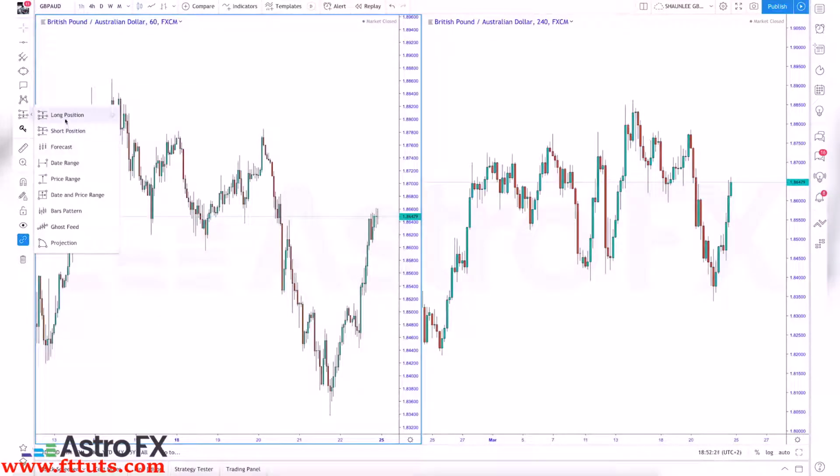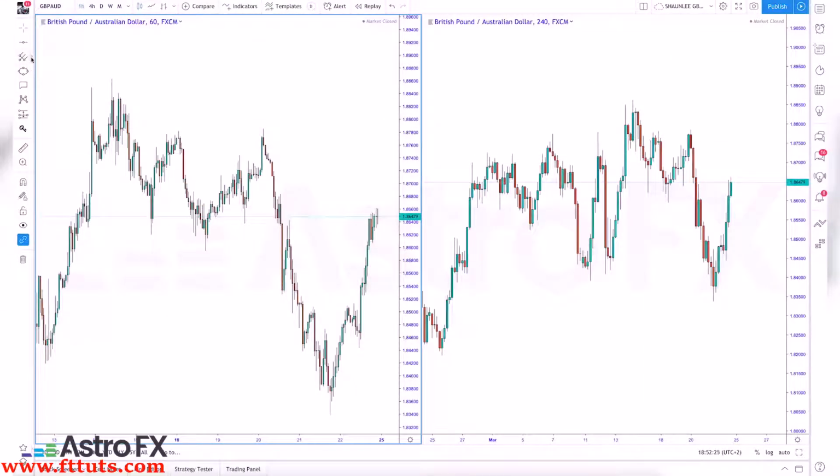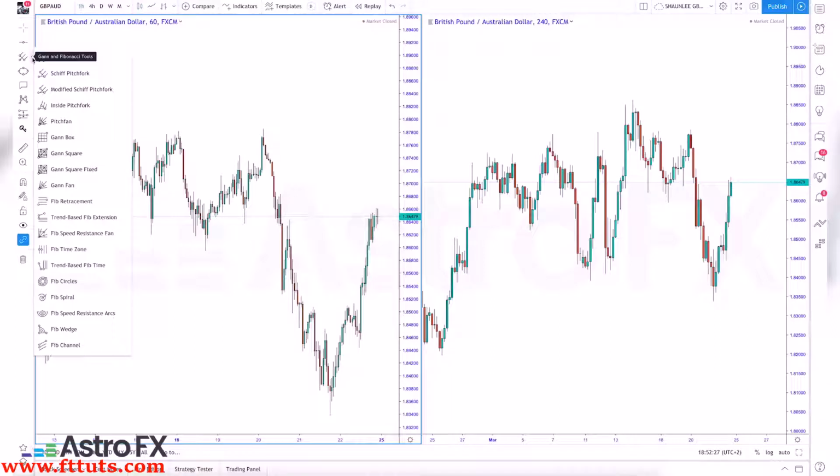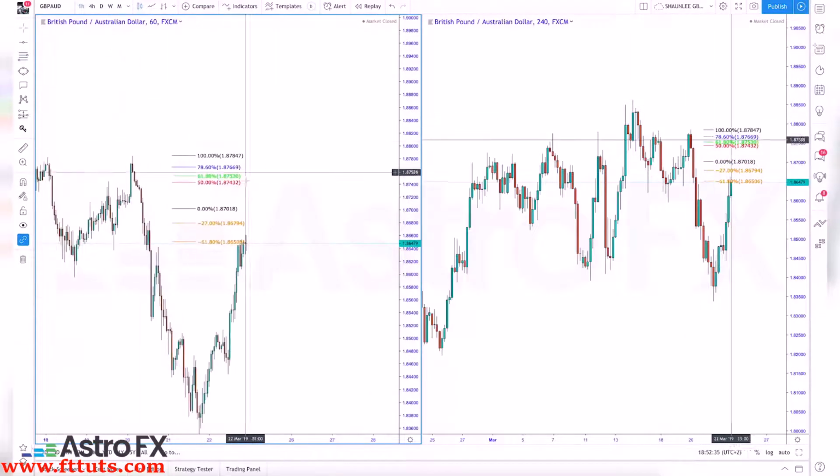Okay, so over here we have our long and short positions, which is a risk reward tool. I will get into that later on. But over here, guys, we have our fib retracement tool. Out of all of these tools on the left bar, fib retracement is the only one we want to use. So setting up the Fibonacci,